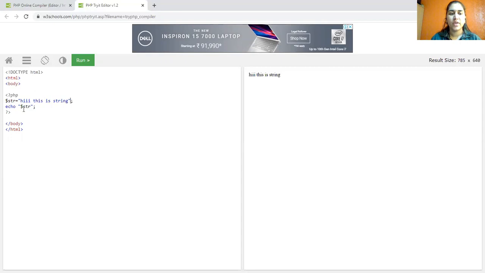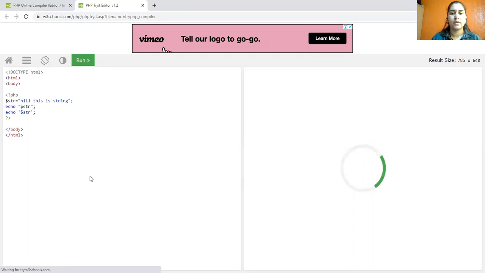It will retrieve the value of $str, that is, hi, this is string. Now suppose I write the same message in single quotes. Let us see what happens. I'll run it. First, I'll give the break statement so that you can differentiate between the two.